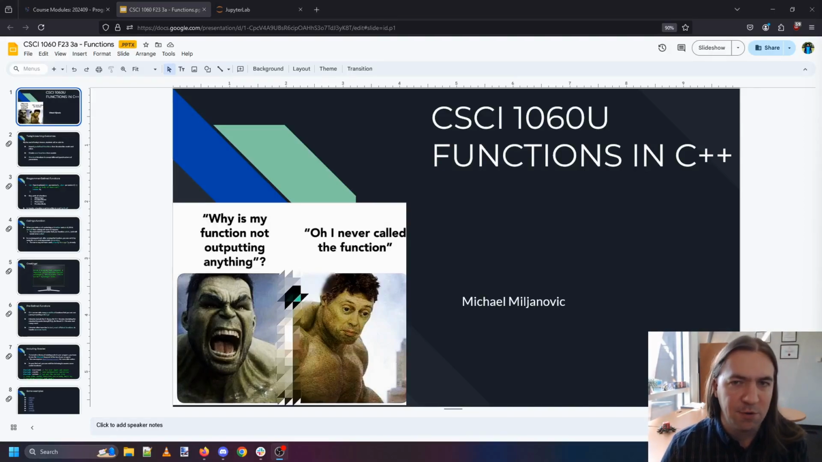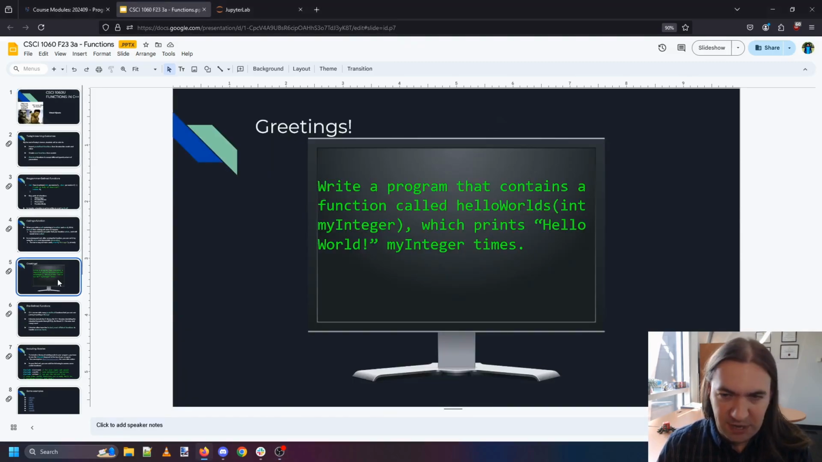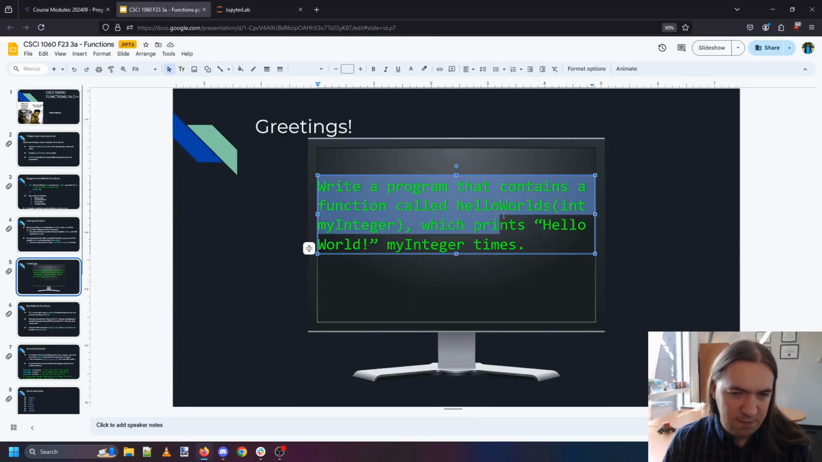Hello. We are going to delve into functions today. One of the most important things so that you can actually have your code somewhat organized and prevent yourself from using duplicated code all over the place, which is a sign of one of the worst kinds of programming. So without further ado, let's do our first exercise, which is to write a program that contains a function